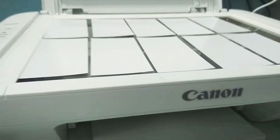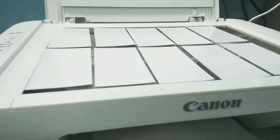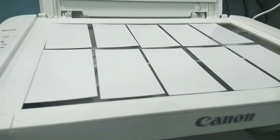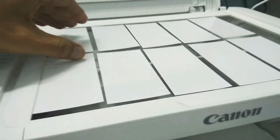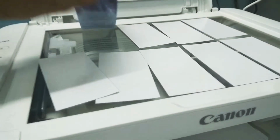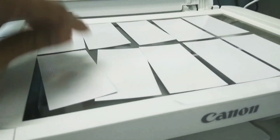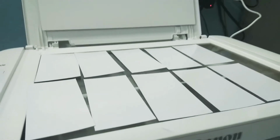I have an all-in-one printer, and it also has a scanning option. Now, I find it difficult to remove the items that are kept on the glass. So, is there an easy way out? So, I found an easy way to remove